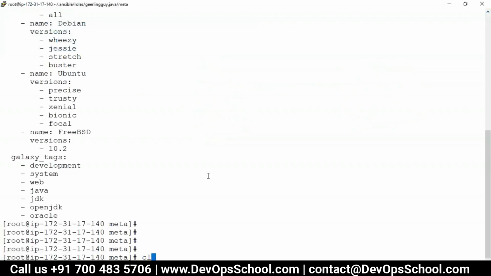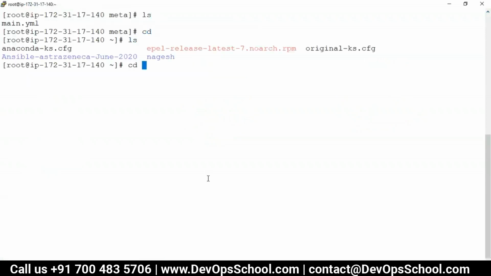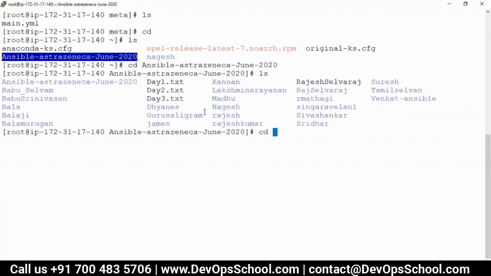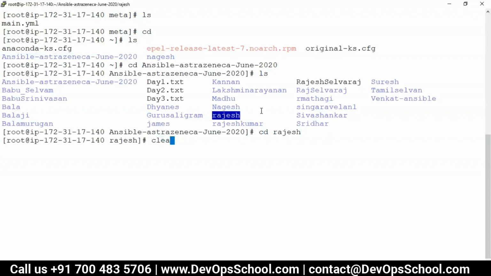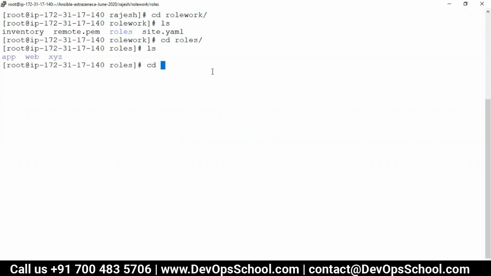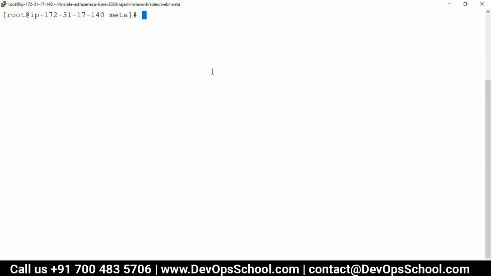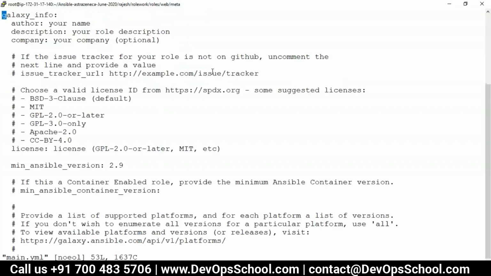Right now it's not available, but I will go to my code. cd Rajesh, cd roles, web, cd meta, vi main.yaml.